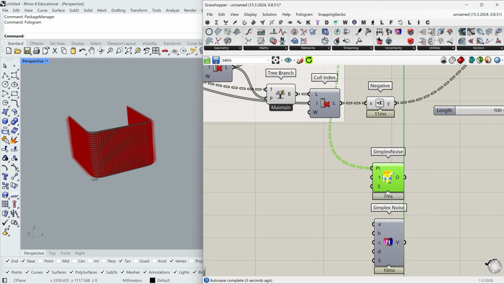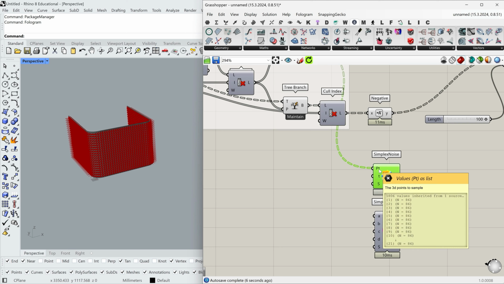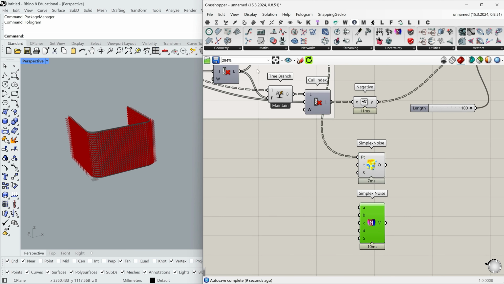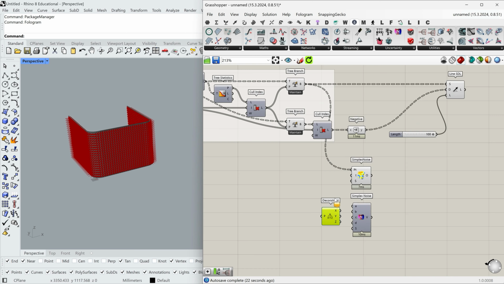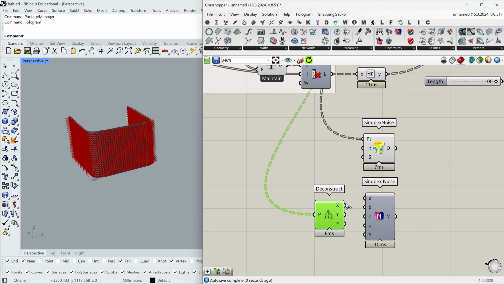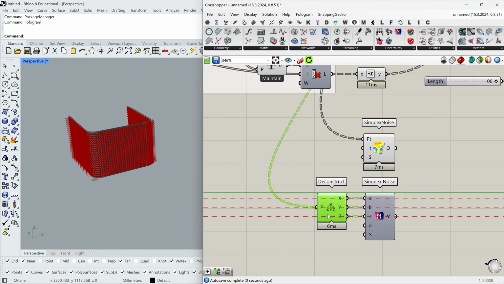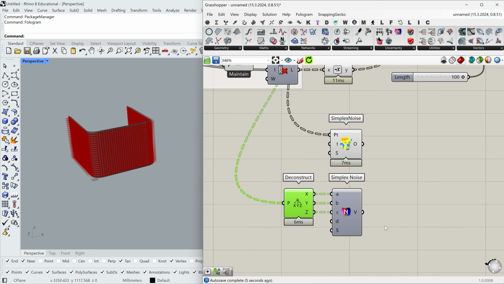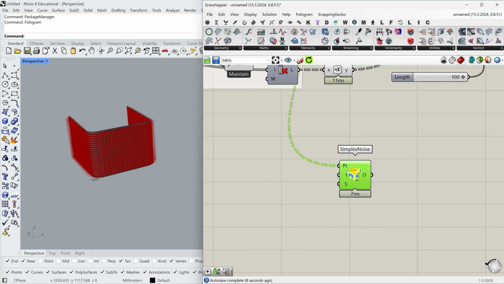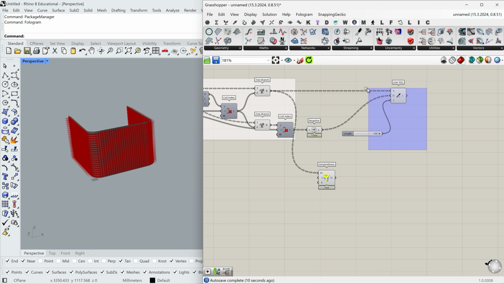For the Simplex Noise from Noise 4D, you just put points. For the GitHub Terra one, you should deconstruct the points before. And everything else works the same. Okay, I'll stick to Simplex Noise, since I don't need any other components to use with it.